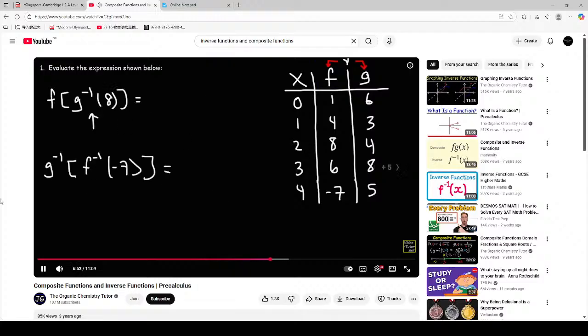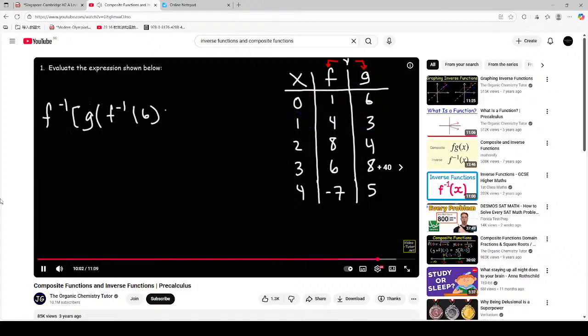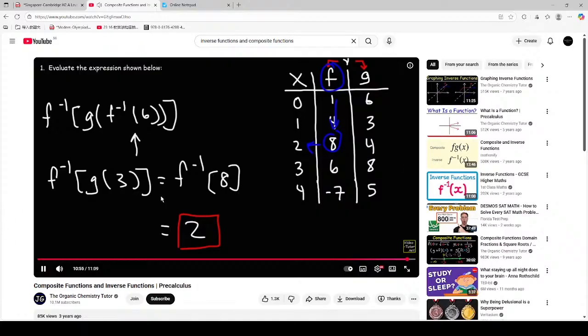So let's start with this. We'll look for the x value. So that's 3. The inverse function. Go ahead and find 3, and then find the corresponding x value. X value 4. 1, 3. So now you know how to evaluate